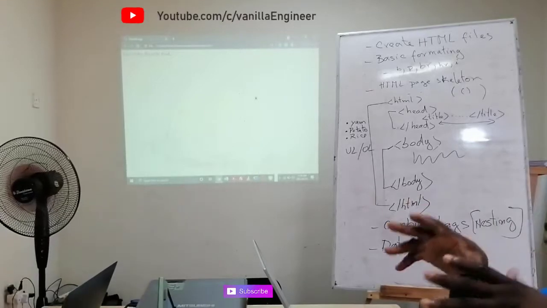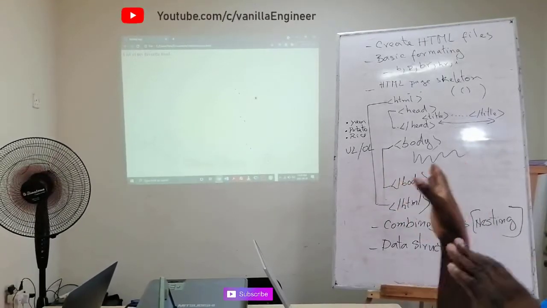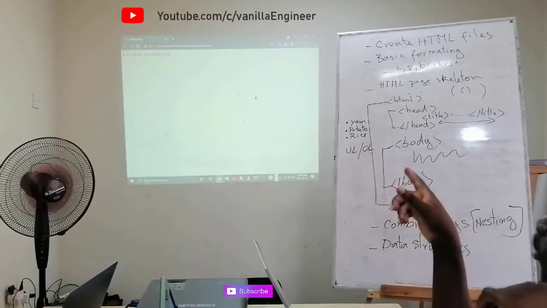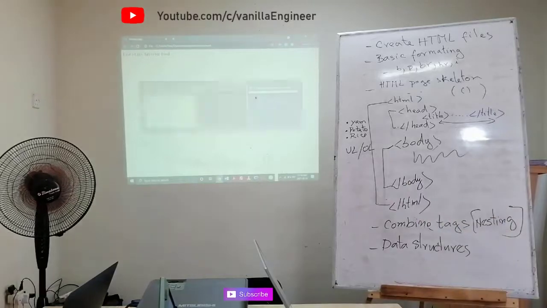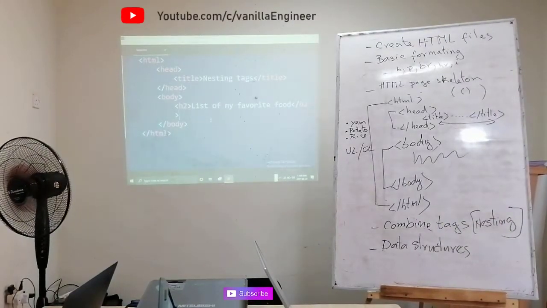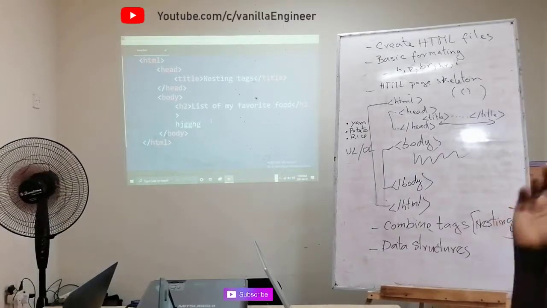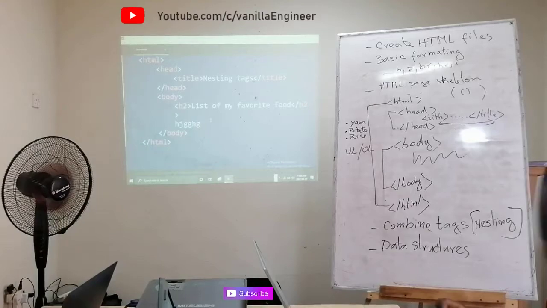So this is one thing I want to show you quickly, one trick. You see, we have the file open on the browser like this. So you don't need to close the tab. You don't need to close the browser. So all you do is open your text editor, apply any change you want. Okay, let us assume I write something like this. Then you press Ctrl S, and then you use